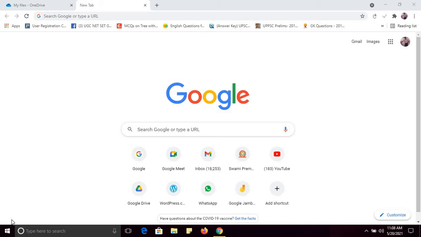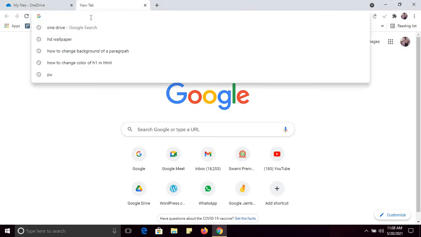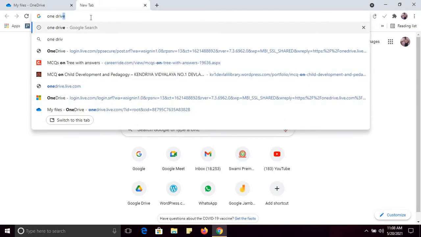In this tutorial, I will explain all the various features of Microsoft OneDrive. OneDrive is a cloud storage where you can store your files and folders. So for using OneDrive, you just type OneDrive